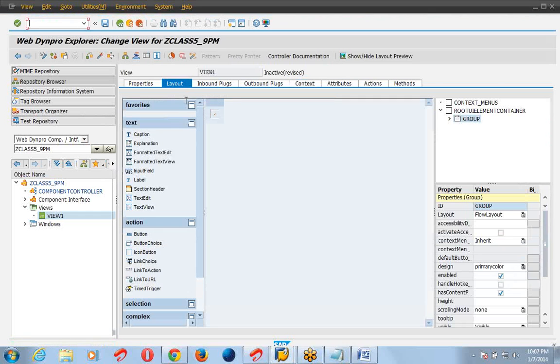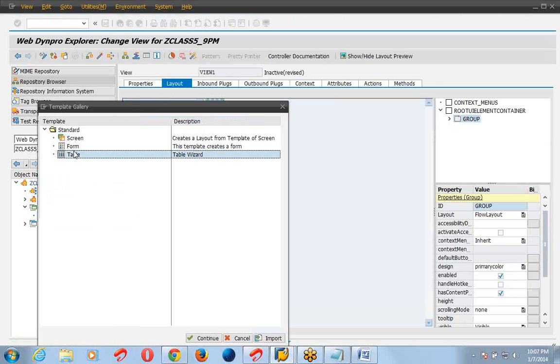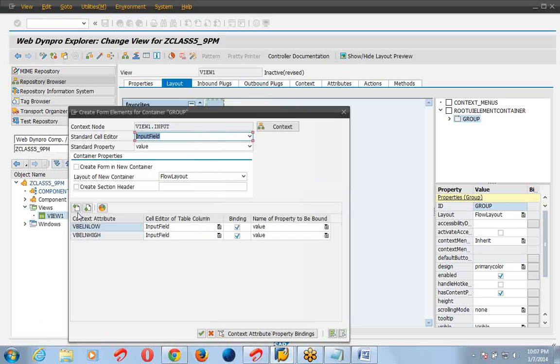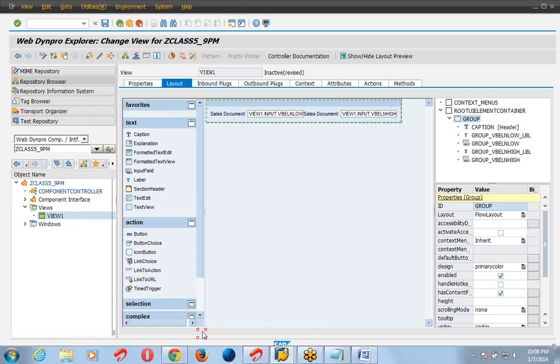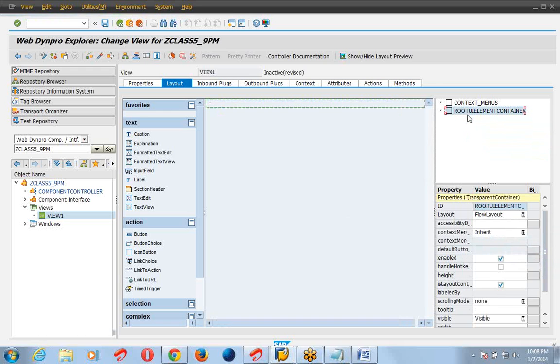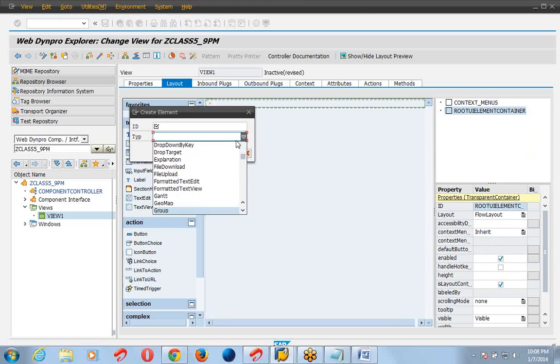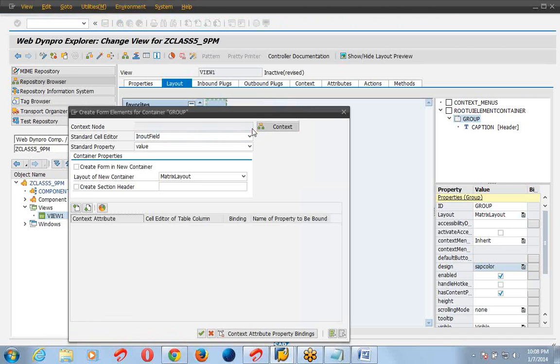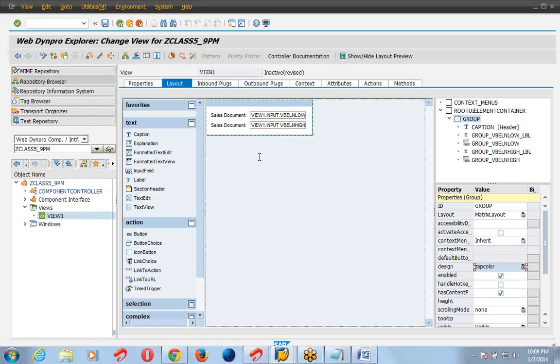Go to layout. Click on OK. We have to give the layout as a matrix layout. Form is created.